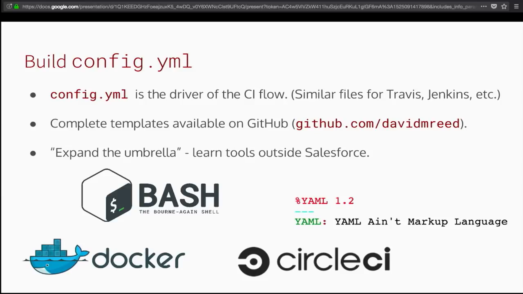And this is somewhere where I want to emphasize, and we'll come back to this, that we're going to be using and learning some tools that run a little bit outside the traditional Salesforce development pipeline, Salesforce toolchain. Here we're going to be writing some bash shell scripts. We're going to be using the YAML markup language. YAML ain't markup language, but it really is. We'll use CircleCI as our continuous integration provider, or in your org, maybe that's Jenkins, maybe it's Travis, and we'll be working in a Docker environment.